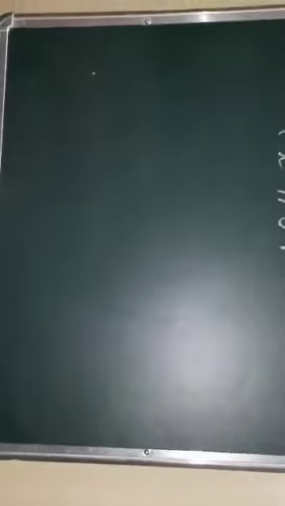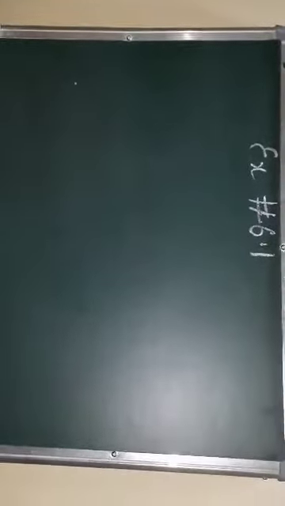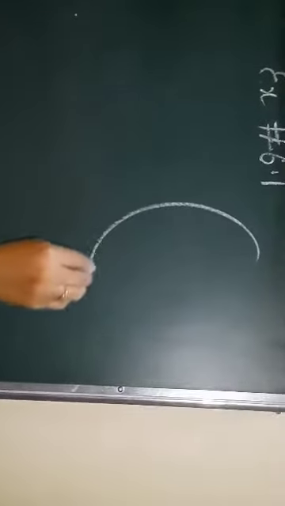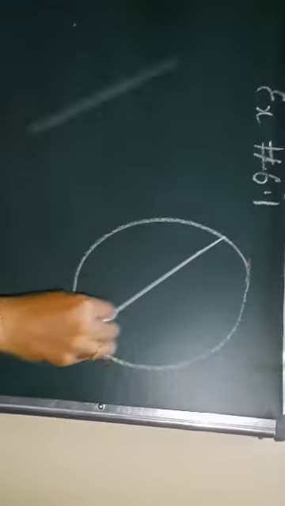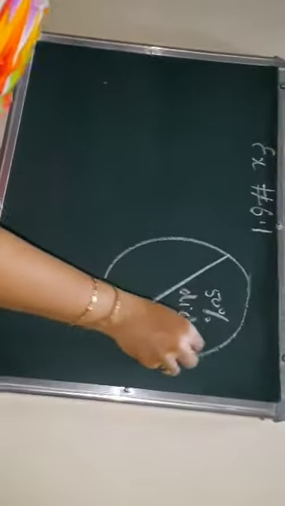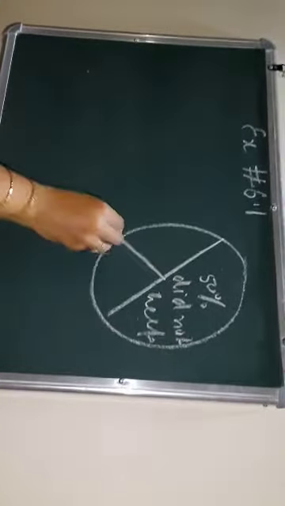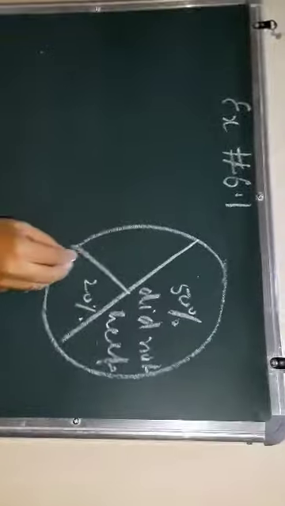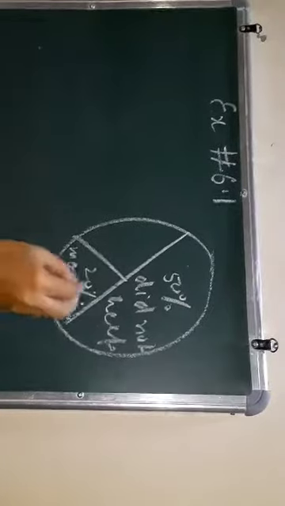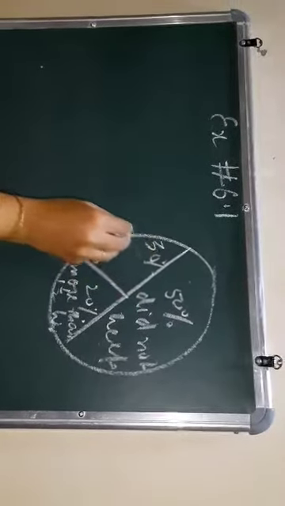Now for example number 6: in a primary school, the parents were asked about the number of hours they spend per day in helping their children to do the homework. Now a pie chart is given. A pie chart is there in which it is given that 50% of the parents did not help at all. And then 20% are there who helped for more than 1.5 hours. And 30% are there who helped for half to 1.5 hours. This is the data here.